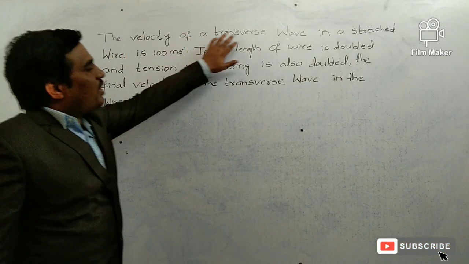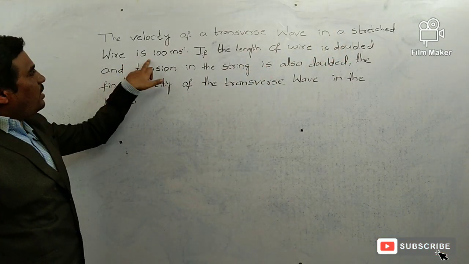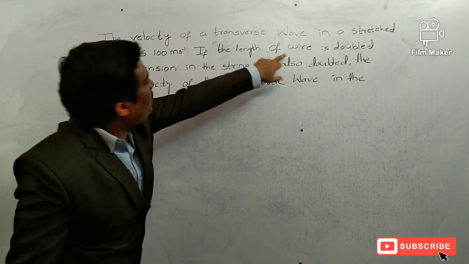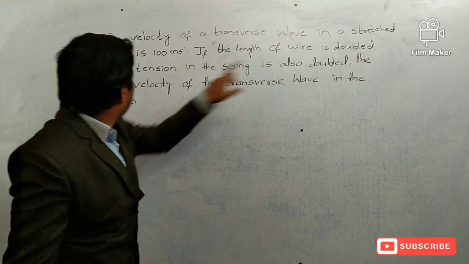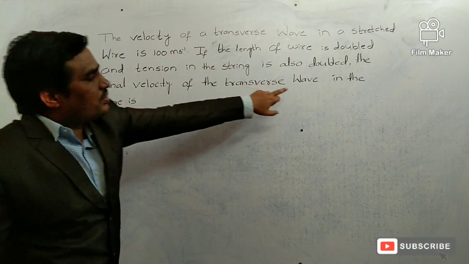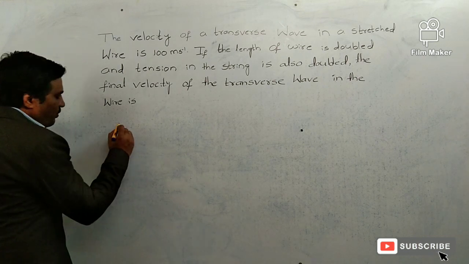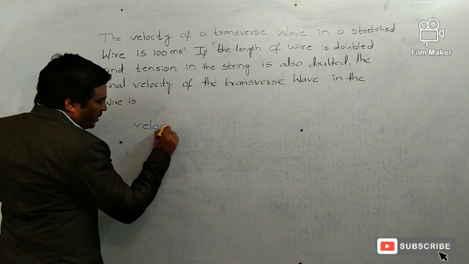The velocity of a transverse wave in a stretched string or wire is given as 10 meter per second. If the length of the wire is doubled and the tension in the string is also doubled, find the final velocity of the transverse wave in the wire. The velocity of a wave in a stretched string